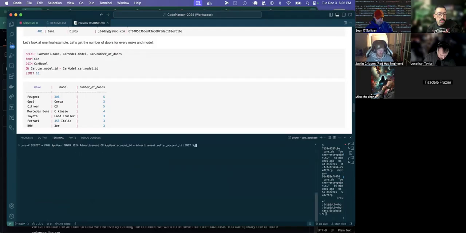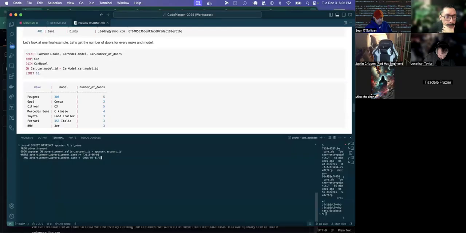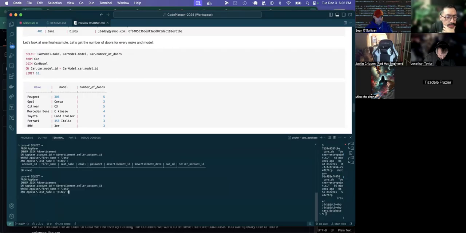If we go back to the example with Janny and we change our query, we're going to try a different join instead of an inner join. Okay, so this was the inner join. And we see that it pulls no results because we've already confirmed that she is not inside of advertisements, right? So if we switch this to a left join,